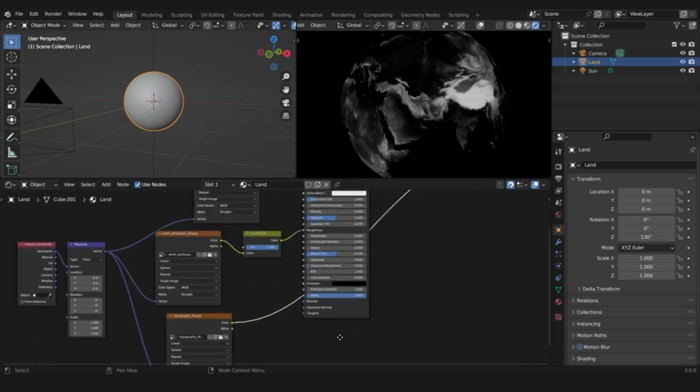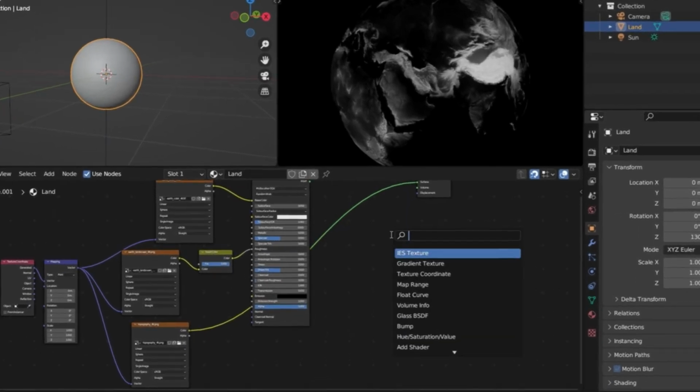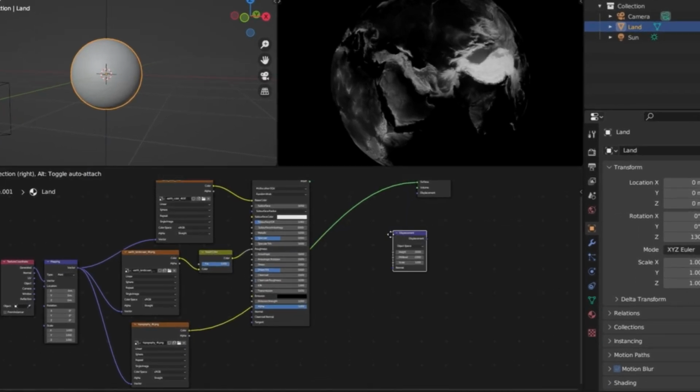This is a yellow socket and this is a vector. So we need to transform this data from the colored data into a vector. And we can do this using a displacement node. So go Shift A, S for search, and let's look for displacement. And let's add it